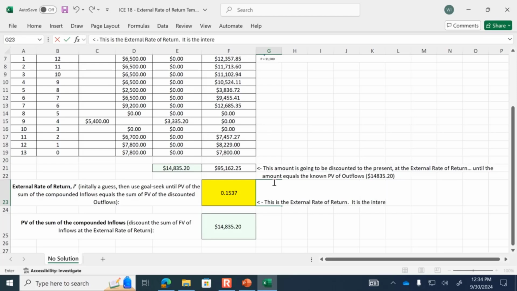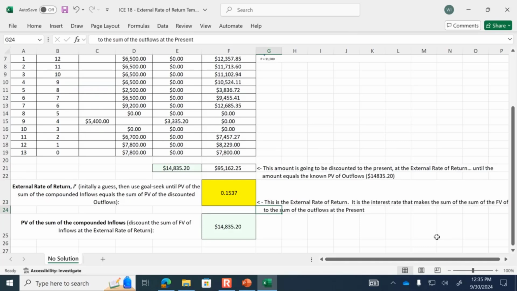It is the interest rate that makes the sum of the future value of inflows equal to the sum of the outflows at the present. Okay, so the external rate of return,